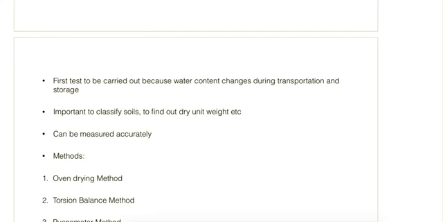If we want to classify the soils or to know the dry unit weight, we should know first the water content. And for the consistency limits also that we will see later in this unit, for that also we need to know the water content,